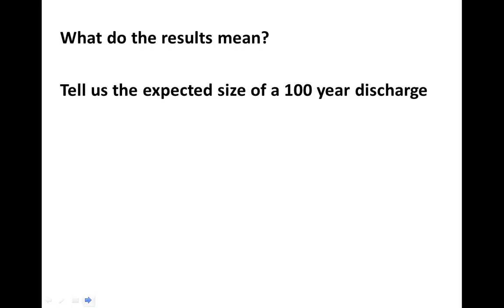So what does all this mean? What we're getting, again, is not a prediction of when a flood is going to occur, but rather we're learning what to expect in terms of the size of a given flood. What we've learned is the expected discharge for a flood of the 100-year recurrence interval. We could get the expected discharge for a flood of any recurrence interval we might be interested in. But typically the 100-year recurrence interval is what's used because that serves as the legal definition of areas that are